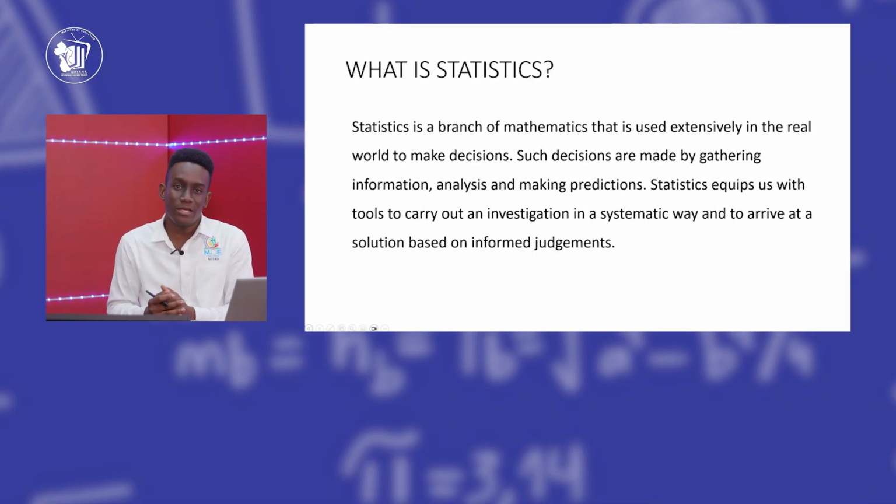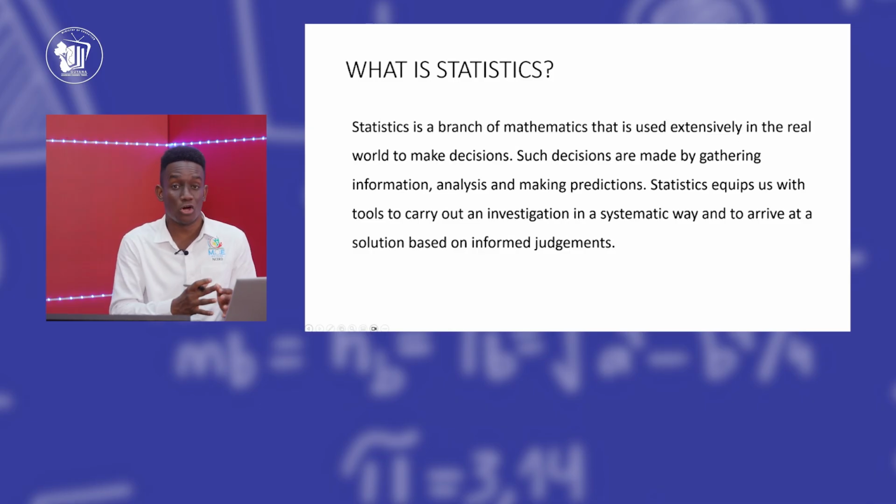So mean, mode and median come under a branch of mathematics called statistics. Now what exactly is statistics? Statistics is a branch of mathematics that is used extensively in the real world to make decisions. It's probably one of the most applicable branches in mathematics. Such decisions are made by gathering data, analyzing data, and making predictions. Statistics equips us with tools to carry out an investigation in a systematic way to arrive at a solution